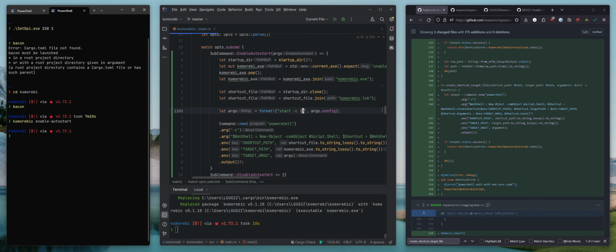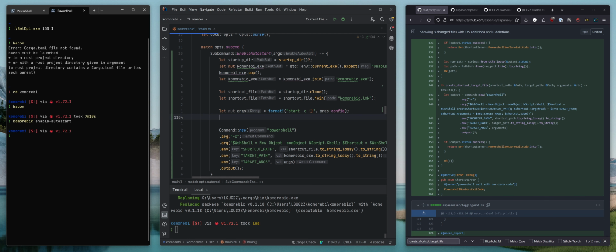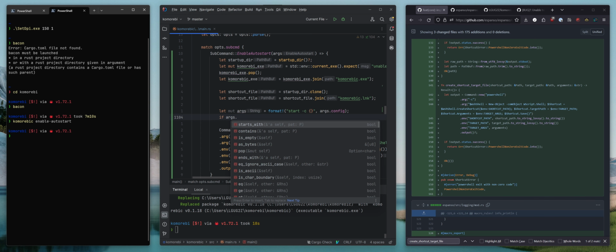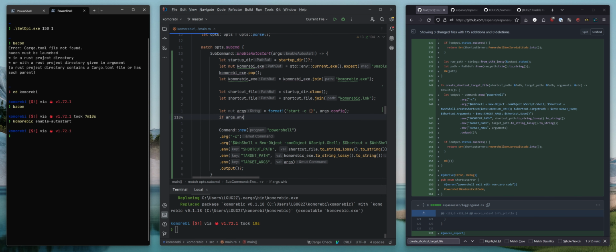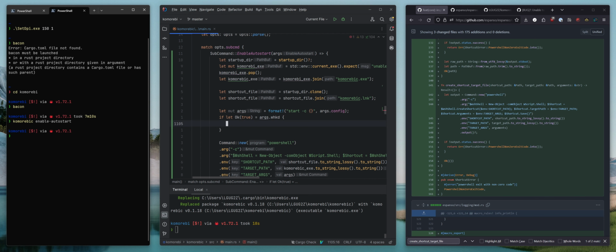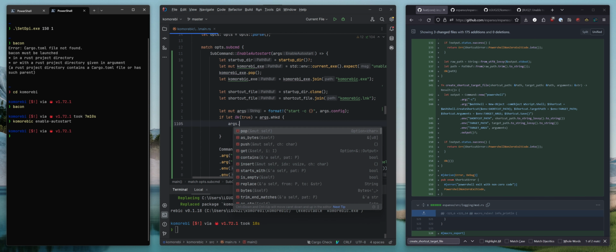All right, we'll start with this. So this is the bare minimum, right? And then if args.whkd, flatten, OK, true. It's kind of ugly. Yeah, which other way are we going to do it? args.push string, yeah, WHKD,